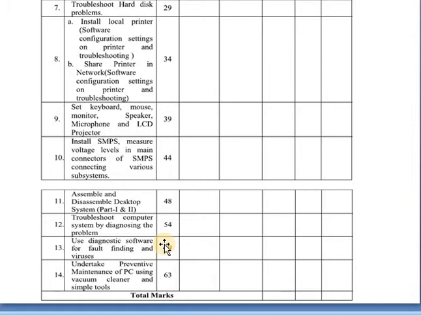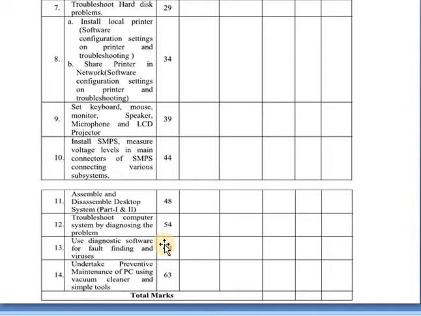Means a computer system being an important working resource, proper diagnosis of a problem and timely solution will prevent any business loss. Okay, so in this experiment we troubleshoot the common computer system problems by diagnosing the problems. There are many problems that occur in a computer system. We can reboot, we can check all the cables, and we can check whether each and every component is properly connected or not.